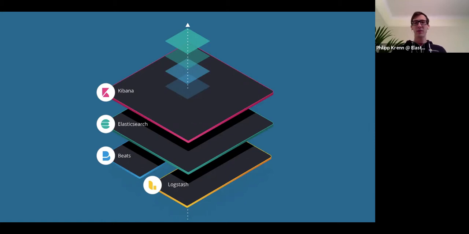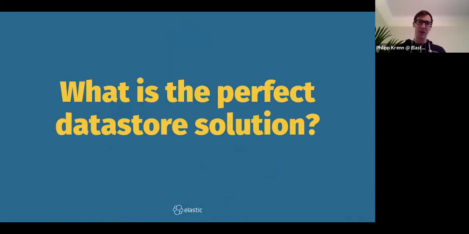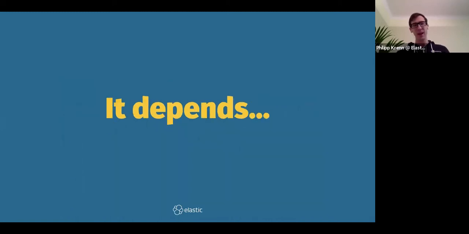So now, knowing where I work and that we have this stack, what is the perfect data store solution? If you say Elasticsearch, I would not necessarily totally disagree, but I would slightly disagree, because the perfect data store solution, as always, is: it depends. That is very much the topic of this talk. I want to show trade-offs and that there is no one best solution, but you have to pick the right trade-offs. In many situations, Elasticsearch will be the best choice, but not necessarily for everything. You need to pick the right trade-offs, and this is what we want to dive into.